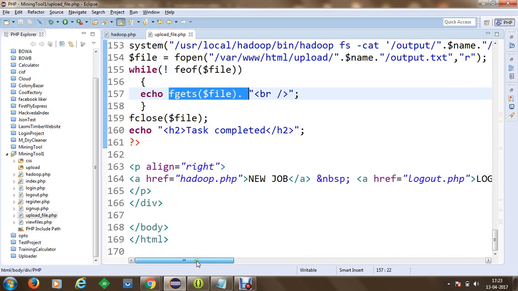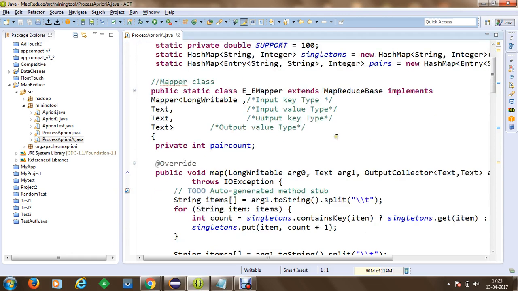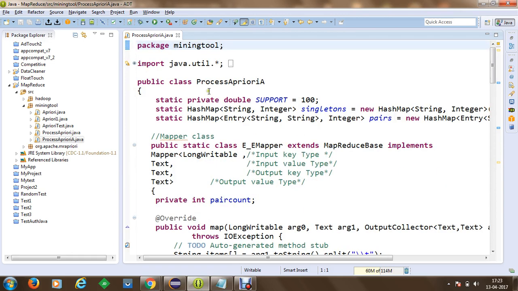We can get started with a new job, or we can simply click on log out. Now we'll proceed to the Java section of this analysis. Here we have created a package known as mining tool, and within this we